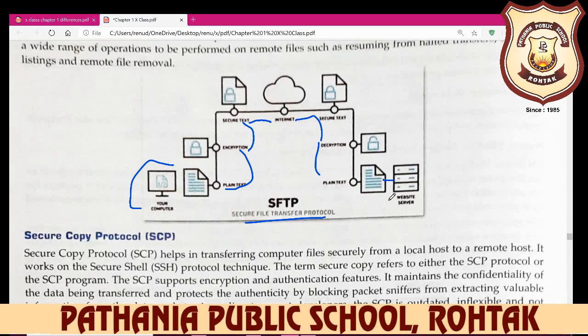When you write anything, your data will be changed into a secure, encrypted form, and if you require it again, your data will be decrypted.